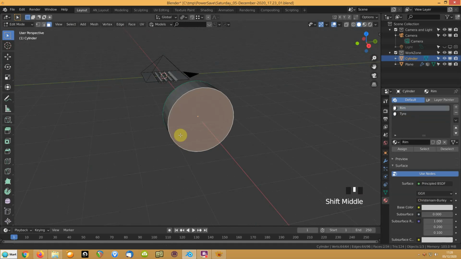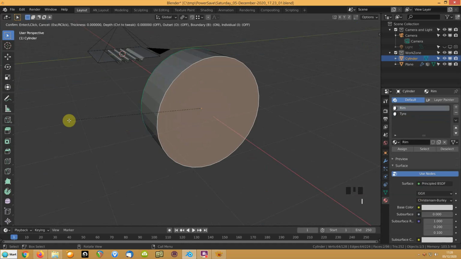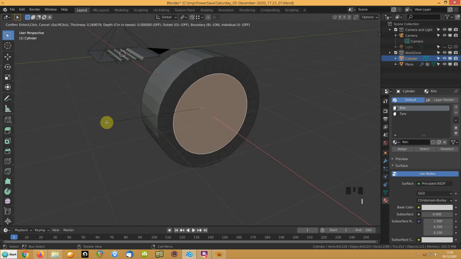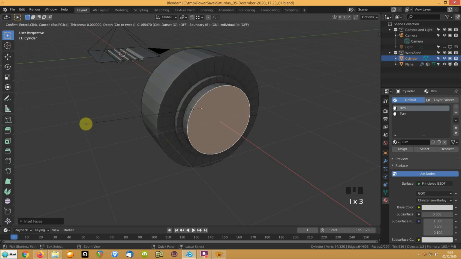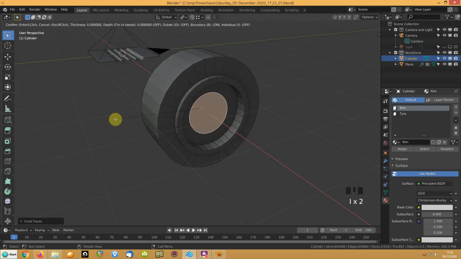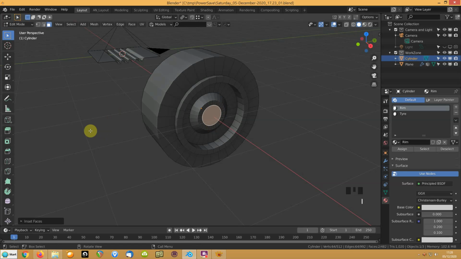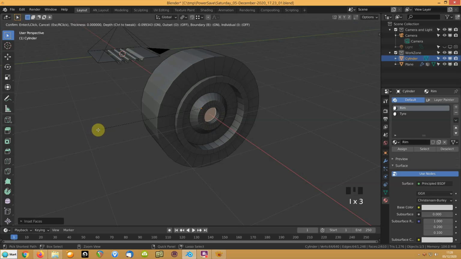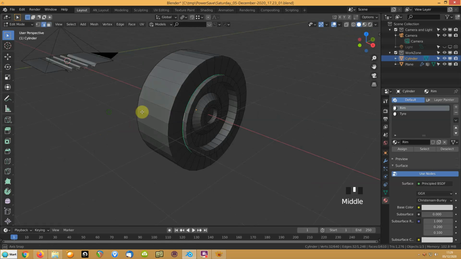We're just going to use inserts now. So insert, there we go. Insert, holding the control, pull it out, insert, insert, hold the control, pull it in, insert, insert, hold the control and push it out, and insert. Why not? Insert, hold the control and push it in. There you go. Then I'm going to go into edge mode, select that edge,